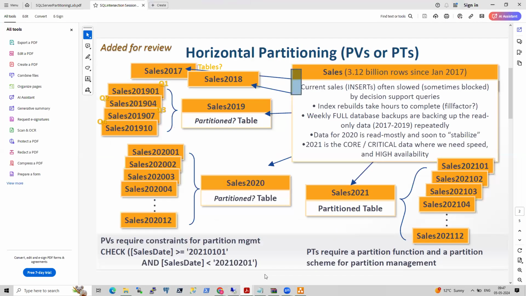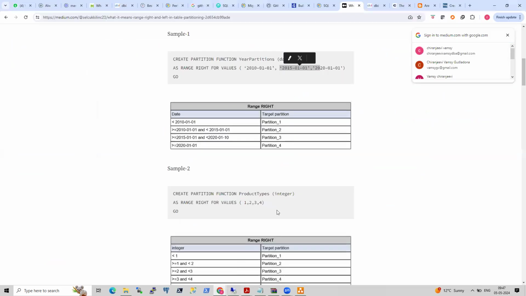While creating the partition function, we are giving the data type. If you are creating partition functions for dates, we must mention the date data type; for integers, we have to mention integer. See, it's not about the definition, guys. The definition is like create partition function, function name, and the data type. We are not focusing on the definition. What we are trying to understand here is what a partitioning function is in simple terms. So forget about the definition; it is written over here clearly. I am not discussing the definition. My intention is